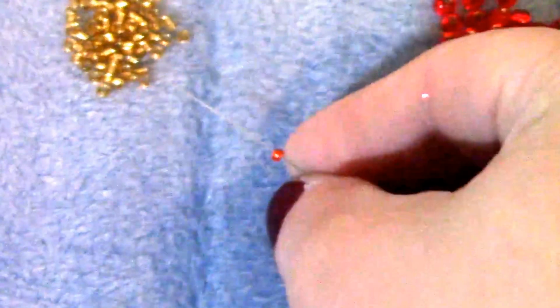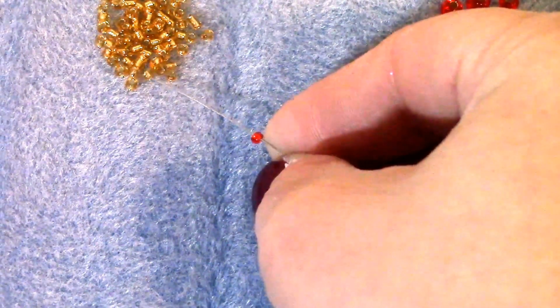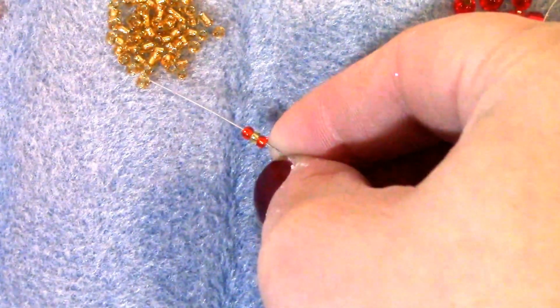And I'm going to repeat what I did in the first place. So, a red, a gold, a red, a gold, and a red seed beads, just like that. And bring those down, and I'm going to pick up